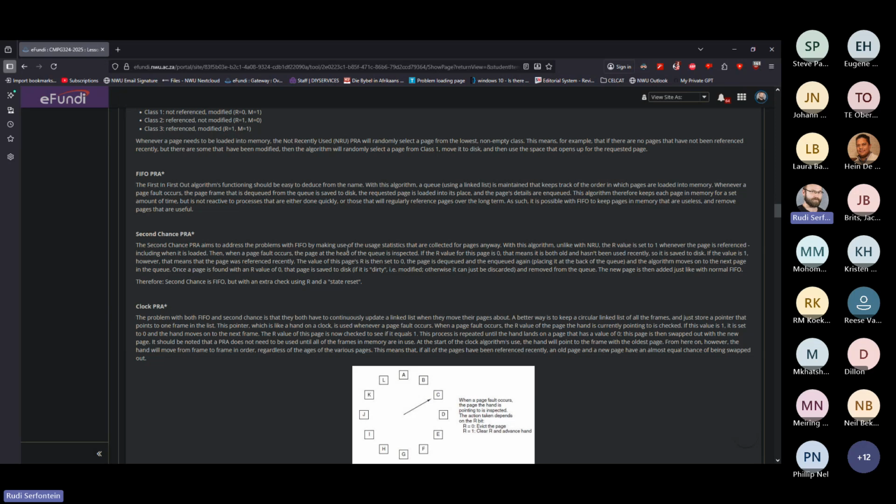scenario, given a question. Just like with the CPU scheduling, there's a fixed format for this. You will get a question with 5 frames and 20 page requests. And then you just need to apply the page replacement algorithm there. Unlike with the CPU scheduling, there's no further metrics. So if you do your apply your